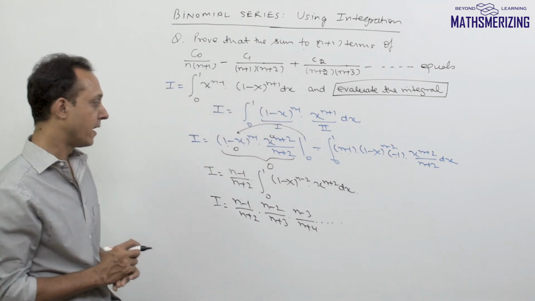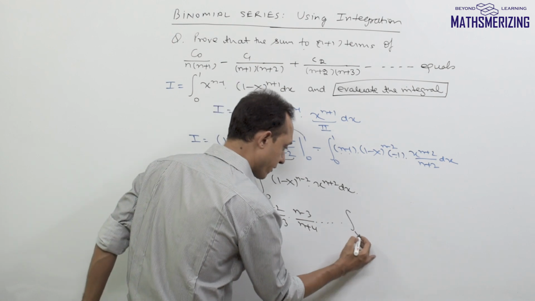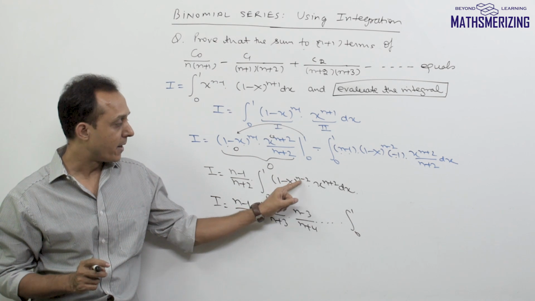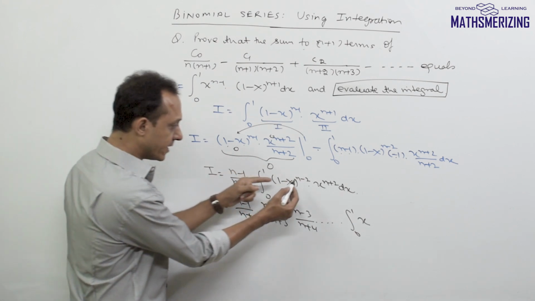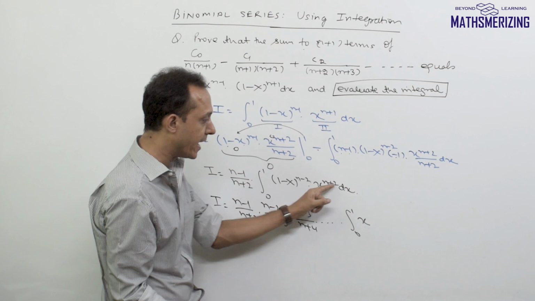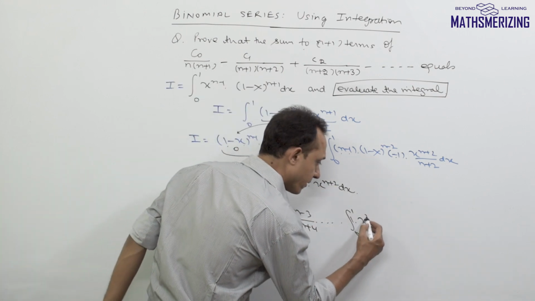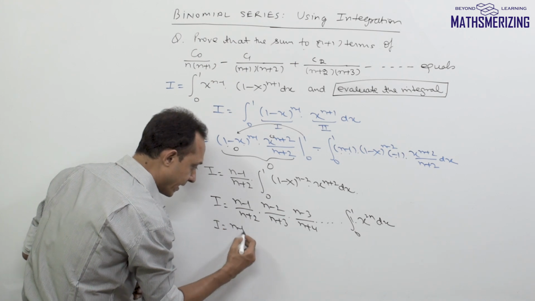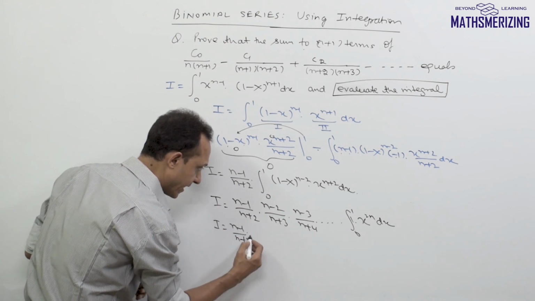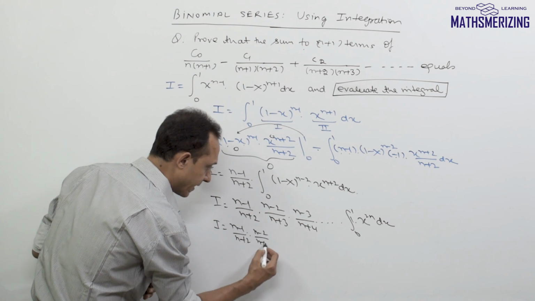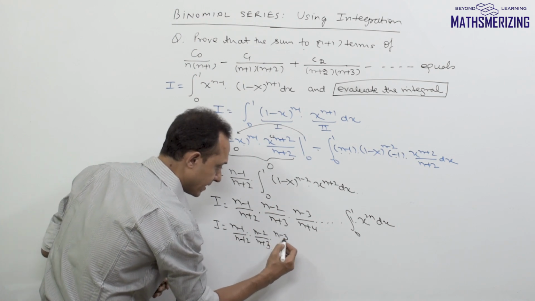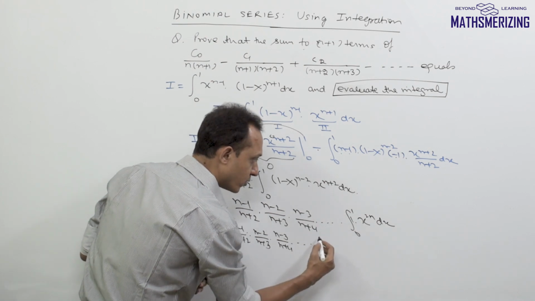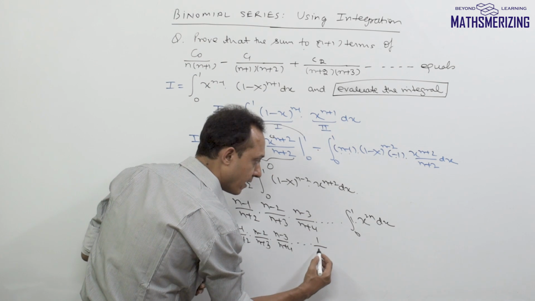in the end, I'll get this series as from 0 to 1. There'll be a time when this 1 minus x to the power n plus 2, the power will be 0, so it'll be 1. Now this power will be 0 when it is n minus n. So in that case, it'll be n plus n. So then it'll be 1 into x to the power 2n into dx. So this series will continue, which is n minus 1 upon n plus 2, n minus 2 upon n plus 3, n minus 3 upon n plus 4, and will continue up to, so here it will be x to the power 2n plus 1, which will be 1, and then upon 2n plus 1.